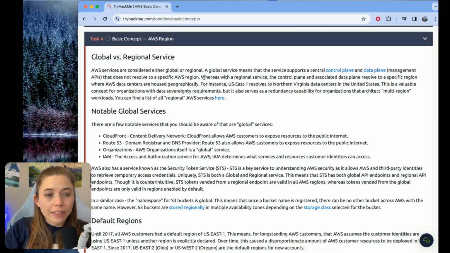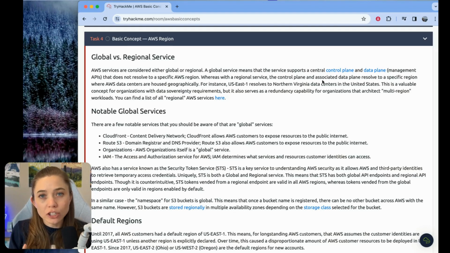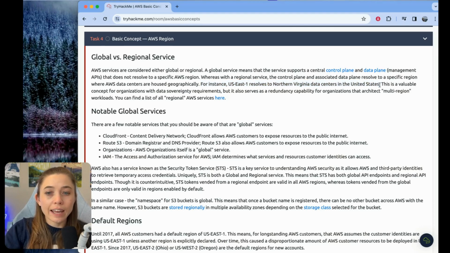The point here being that global services have one central control plane and data plane. And when you make requests, those resolve to that central control plane and data plane. Whereas with a regional service, the requests that you make, the events, are going to resolve to a control plane and a data plane in that region, to those regional data centers. The example they give here, for instance, is US East 1, which resolves to Northern Virginia data centers in the United States,